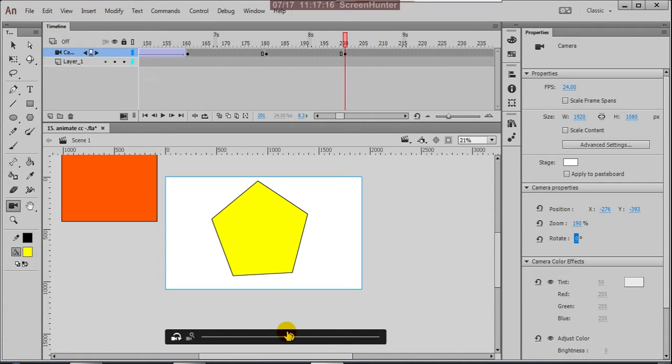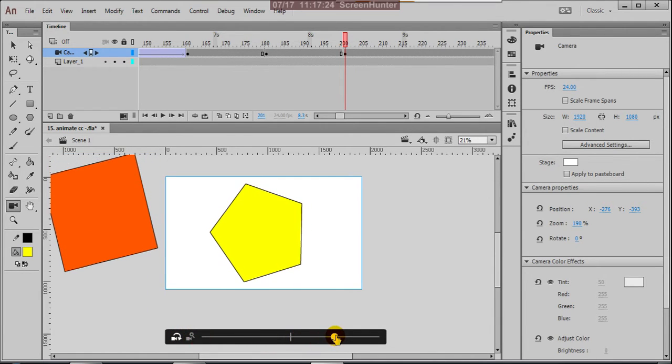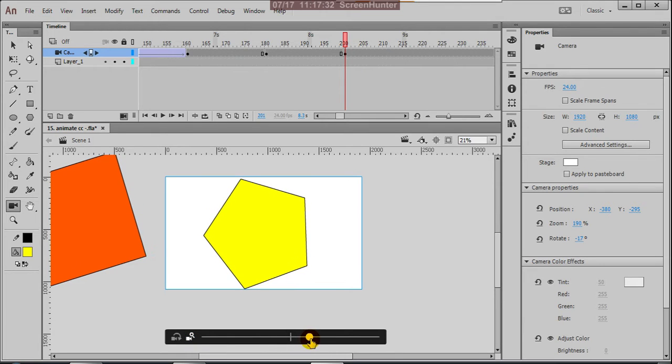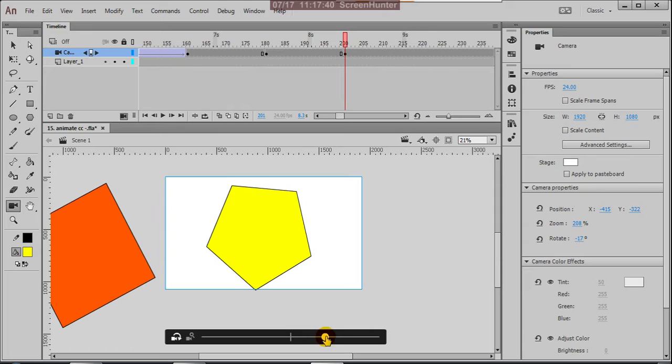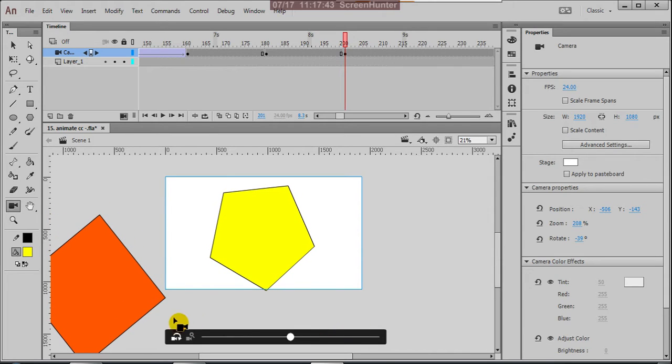Control Z. Manually we are giving this, and going to zoom, and turn this.